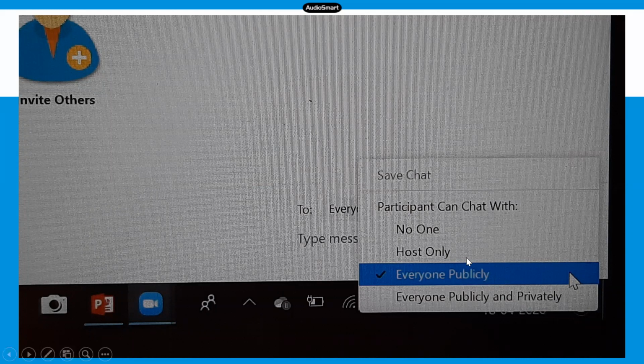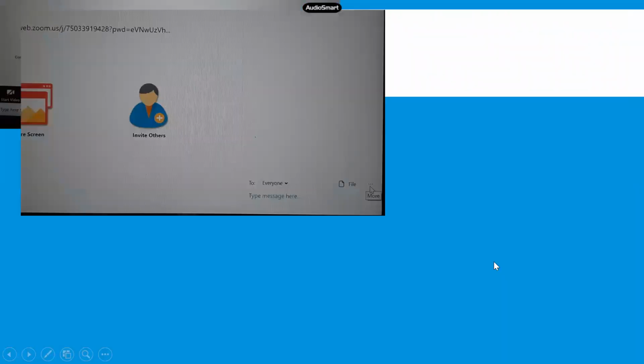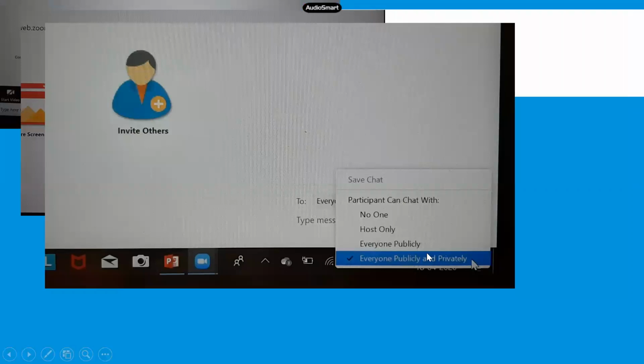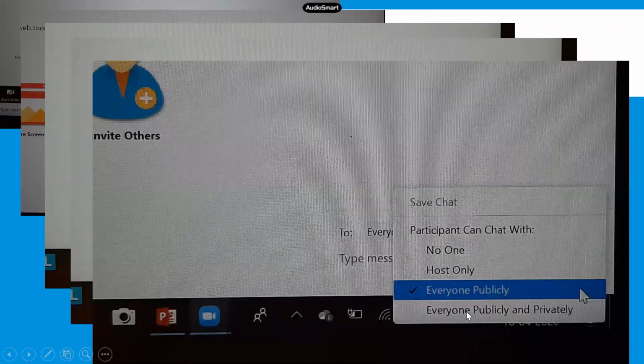So it's better to select everyone publicly. Also, sometimes students or participants may have very good question or answers which you expect to be seen by all the participants. So you can have a quick look and select everyone publicly.